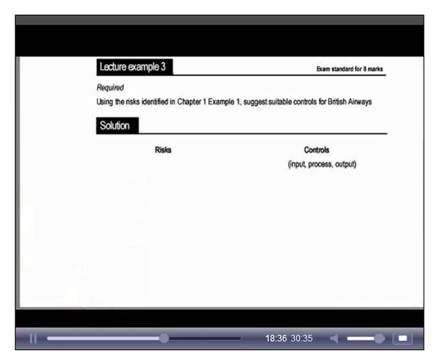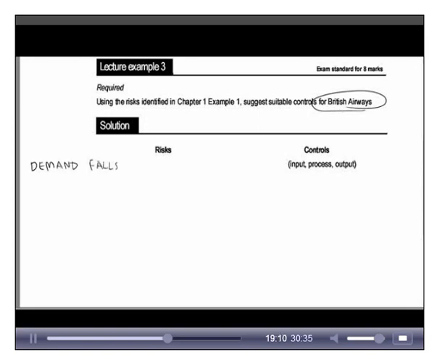Now, the next lecture example practices a skill that you will be called upon to do many times in your studies and almost certainly in the exam. It's taking a set of given risks and then suggesting some suitable controls in order to mitigate those risks. To do this, we're going to refer back to Chapter 1, Example 1, where we did the exercise generating risks for British Airways. Just to remind you what the risks we identified were, firstly, we had the risk of demand